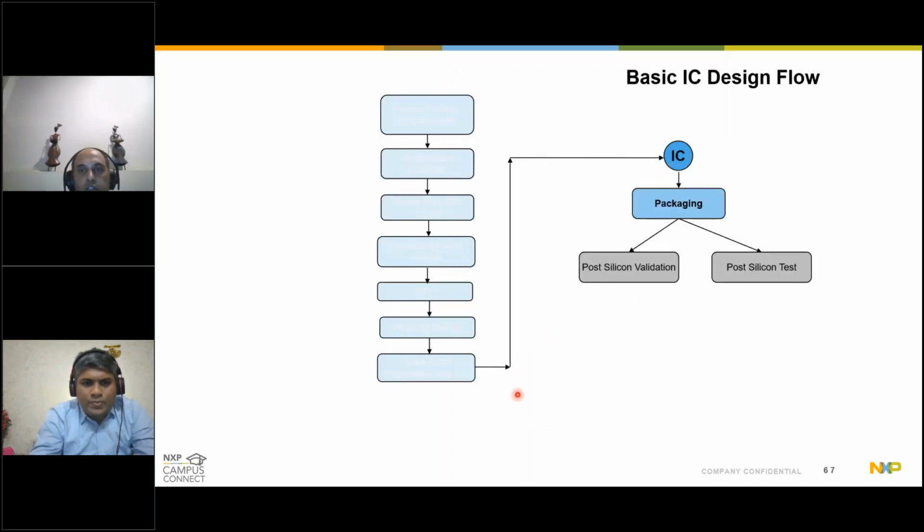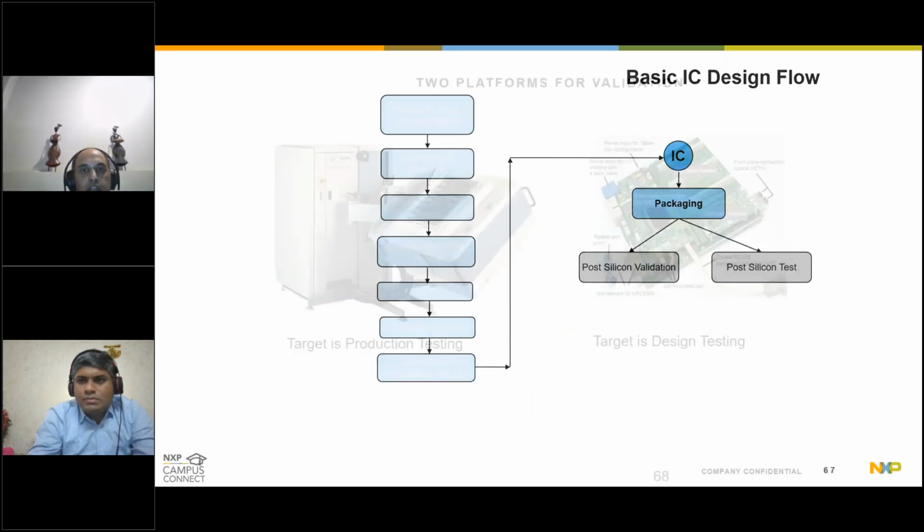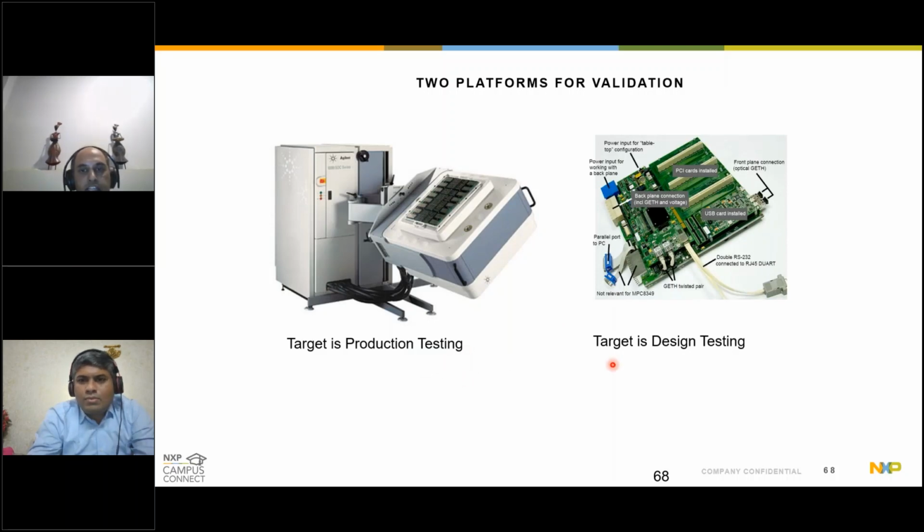So once, let's say, the physical verification steps are done, we go to packaging, and then post-silicon test and validation happens. So these are similar things which were introduced by Vedanta as well. So this is the automatic test equipment, where the purpose is to figure out all the manufacturing defects using the scan vectors which the DFT team provided. And on the right side is post-silicon validation, where you have your silicon connected with other devices, which your silicon will talk to in an application environment.